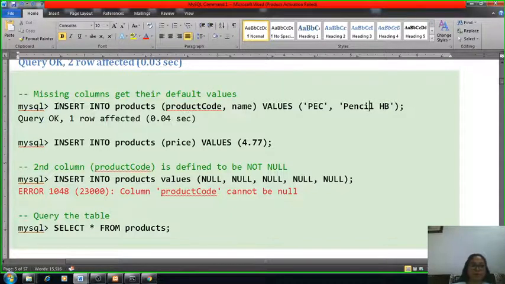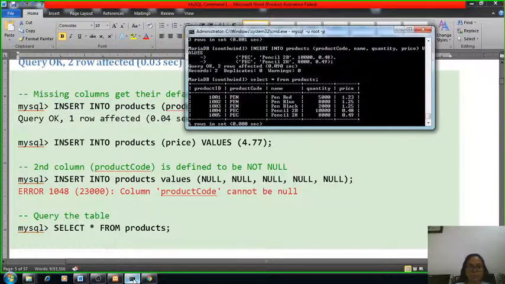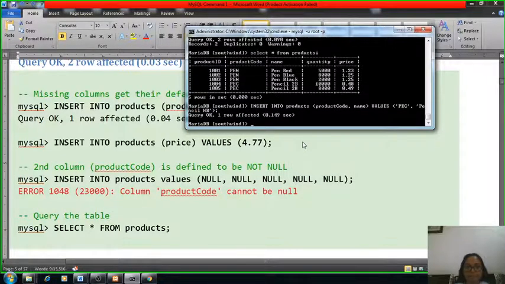So we will see what happens through this command. Okay, so one row affected, it means the data was successfully inserted. Now this one is the previous table. Inside this previous table, how many records were there? Total 5 records. And after that we inserted one other record, only in the attributes product code and name. We are only inserting the data into these 2 columns, product code and name, and we are skipping the columns quantity, price and product ID.